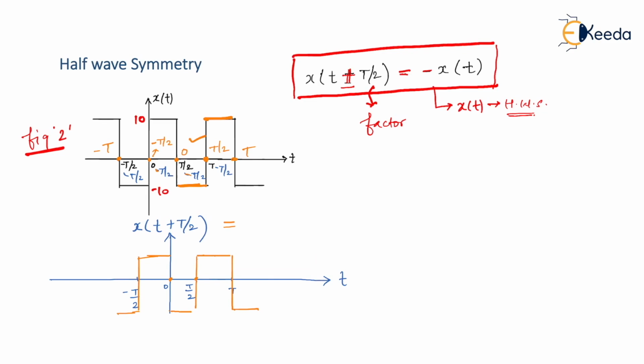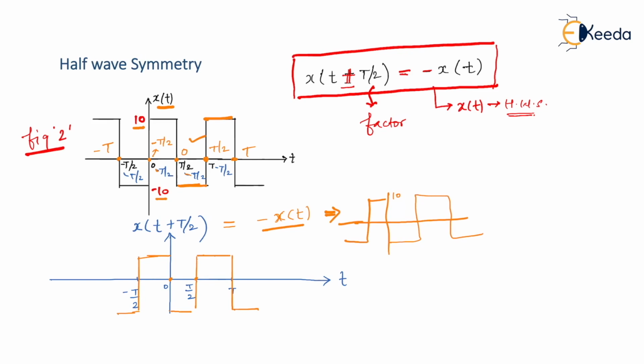We will have to check whether this is equivalent to minus of x of t. And how do we get minus of x of t? Of course, by multiplying the given x of t signal with minus 1. When you multiply a signal with a constant value, its amplitude also gets multiplied by the same factor. So when I say minus of x of t, it means you are multiplying the given x of t signal with minus 1. Positive amplitude will become negative and negative amplitude becomes positive. So positive 10 will become minus 10 and minus 10 will become positive 10. In fact, we'll be getting this kind of signal.